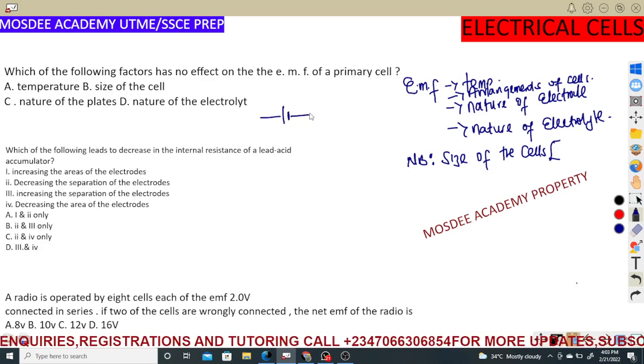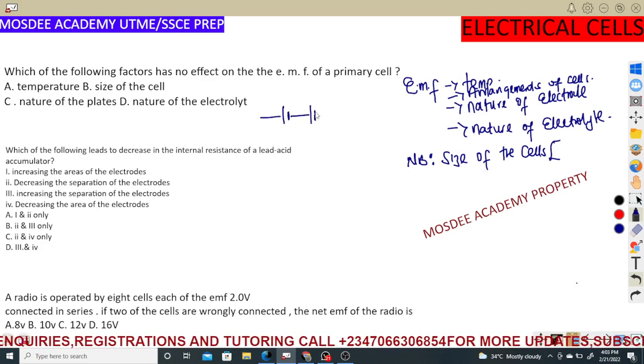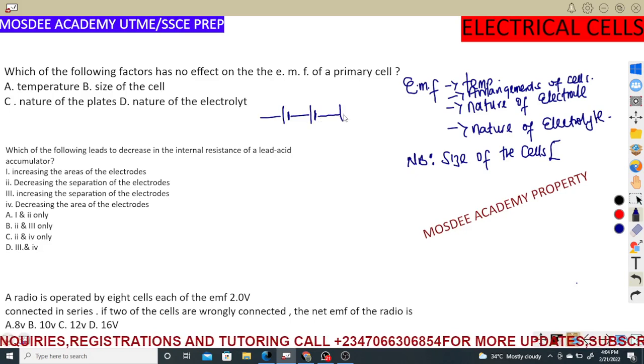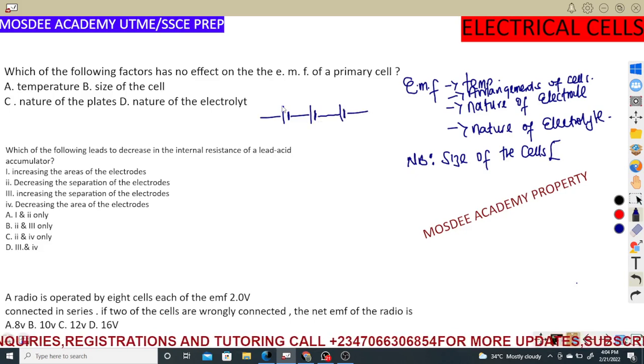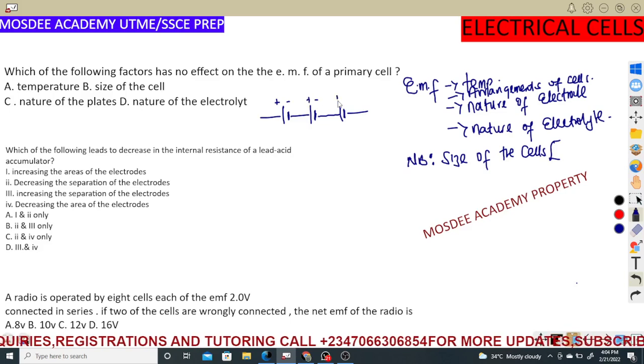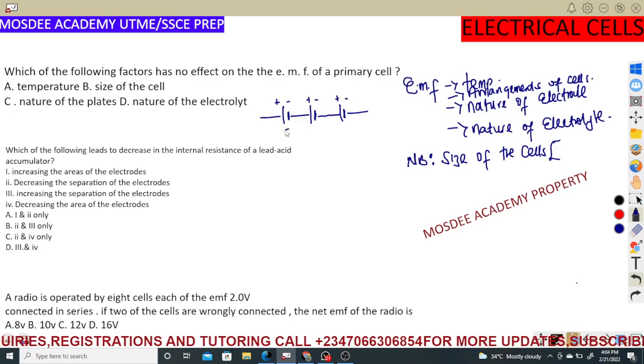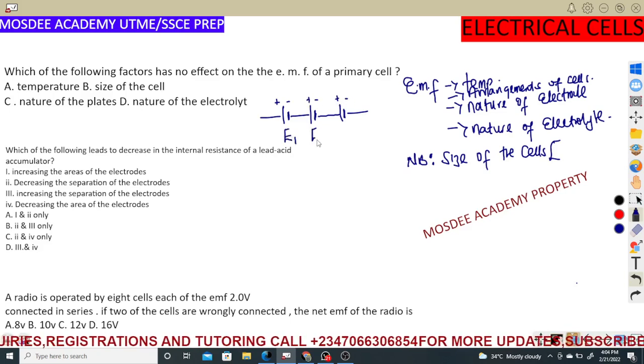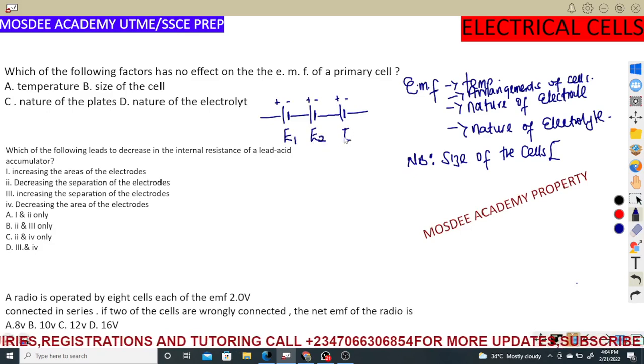Look at the way we arrange cells. Listen to this, dear students. You can see the way I'm arranging the cells. If cells are arranged like this, end to end, you can see positive, negative, positive, negative, positive, negative. So if you have cells of electromotive force 1, electromotive force 2, and electromotive force 3,